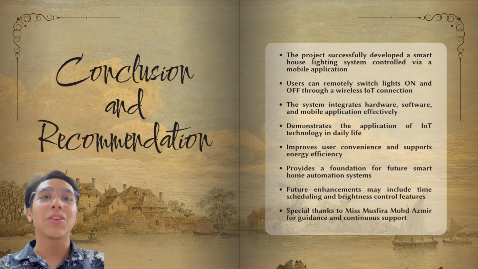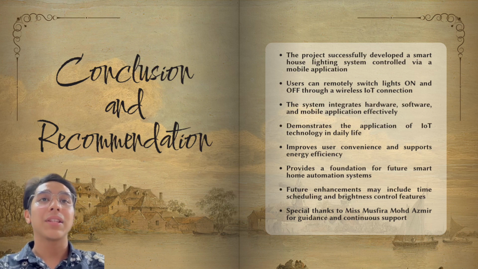Last but not least, conclusion and recommendation. The project successfully developed a smart house lighting system controlled through a mobile application. User can remotely switch lights on and off through a wireless IoT connection. The system integrates hardware, software, and mobile application effectively. This showed the application of IoT technology in daily life and improved user convenience and